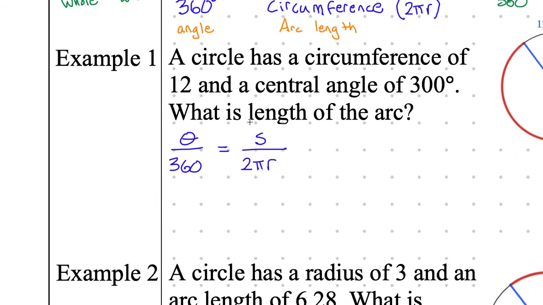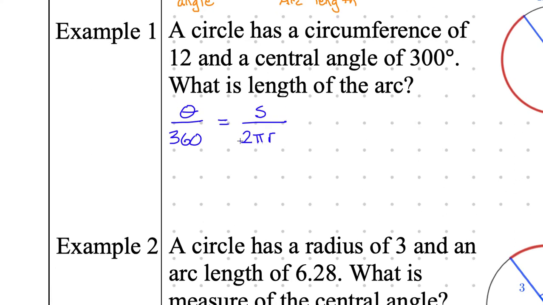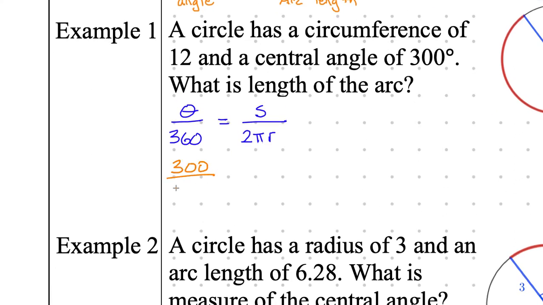All right, so what does that mean? What's being plugged into our formula? Theta is going to be 300. Yep, so this theta right here is changing into a 300. Everyone copy it down too. This is now going to say 300 over 360 is equal to something over something. And then did you want to use that 12 too? Where does that 12 go?